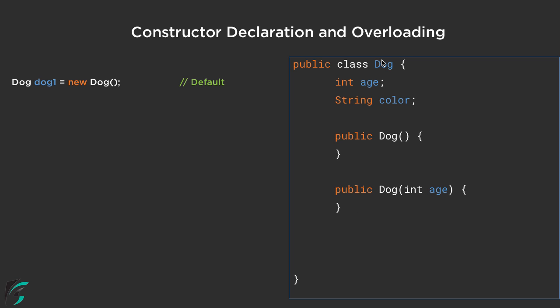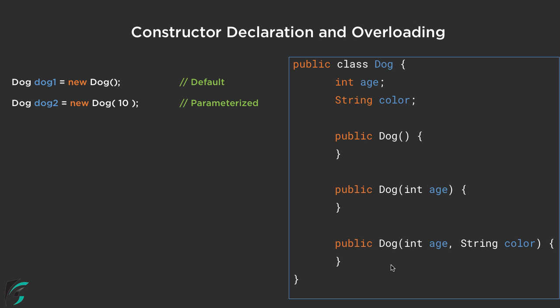So in the same class you can declare as many constructors as you want. You can call this constructor by simply using this statement: Dog dog2 = new Dog, passing the parameter as 10, that is the integer age value. So when this statement is executed, the compiler simply calls the constructor that matches. This call has one parameter and this Dog constructor has one parameter, so the compiler automatically calls this constructor instead of the other one.